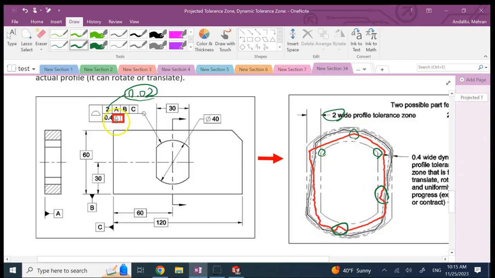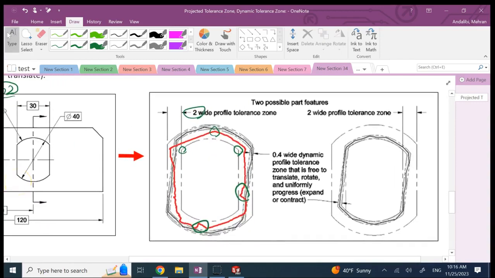That's where you add this dynamic tolerance zone at the bottom of the profile. So you add a secondary profile, this time with the tighter tolerance zone, and you add this delta symbol. What does that mean? It means, hey, I now have a secondary tolerance zone whose thickness is only 0.04, and the profile you give me should stay inside of this 0.04,